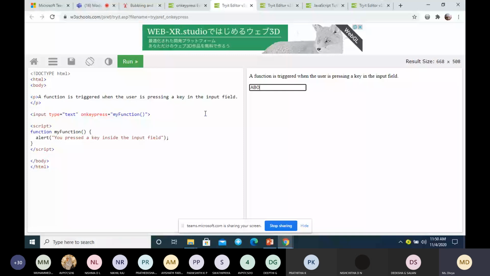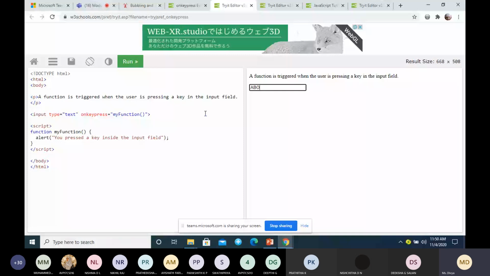So this is an example for onfocus, associated with a form. You can see here we have not written the form tag and all. In the exam you can write it, or simply you can write this, because HTML will understand that this is a control which is associated with a form. So type is equal to text. On focus we are calling this function. Focus is nothing but when the input field gets focused, that means when you keep the cursor on this, it will get the focus. At that time, the function will be called.